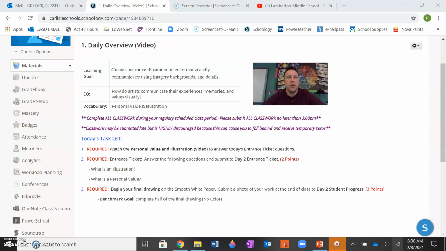So just to review, our learning goal is to create a narrative illustration, or basically art that tells a story. And you're going to do that in color in a way that visually communicates by using different images, backgrounds, and details. So that leads us right into our entrance ticket, or our essential question: how do artists communicate their experiences,